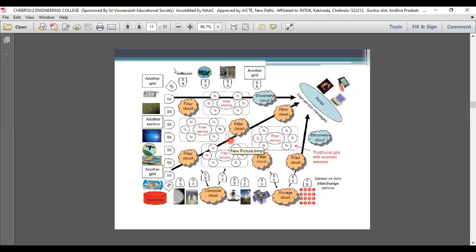In this data we need to take the filter service into account, so we take only the original data, or the data which is useful for us. From this filter service we get the original information, or the knowledge, you can say. This filter cloud takes the information and passes it to the inter-service messages. That is a portal from where you want to get that.